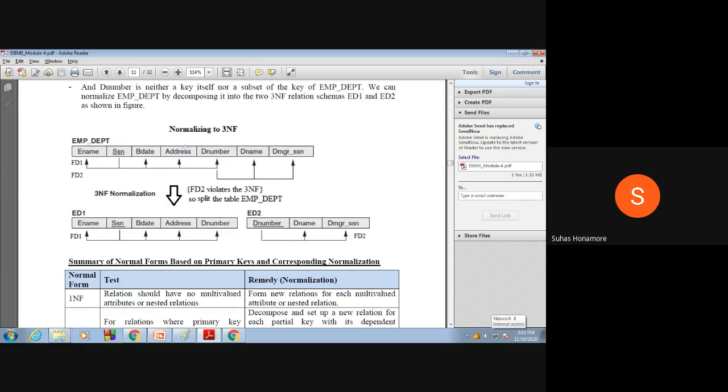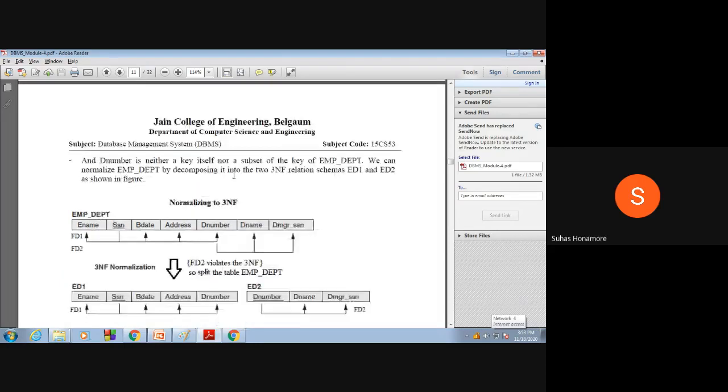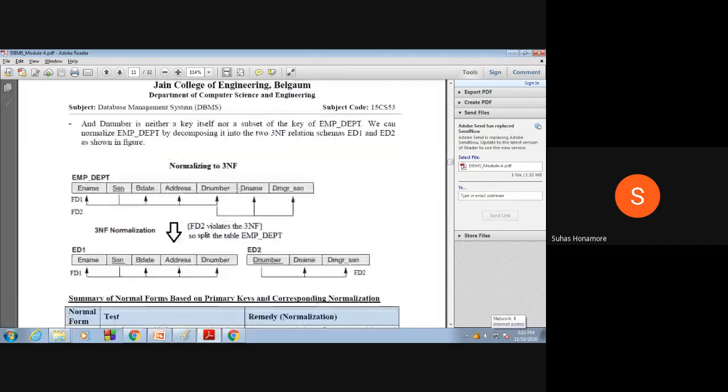To become 3NF, first it should be in 2NF. So first we'll see whether it is in 2NF or not. Is any partial dependency there? No. Why no? Because in our primary key we have only one attribute. Partial dependency comes only if the primary key has a minimum of two attributes. Since we have only one attribute, we don't have any partial dependency, so no need to worry about that. By default it is in 2NF. Now we'll see for transitive dependency.